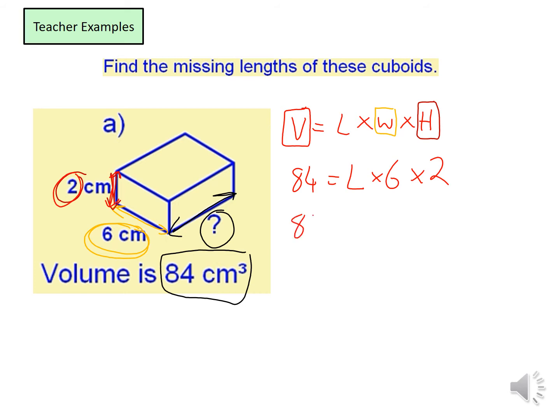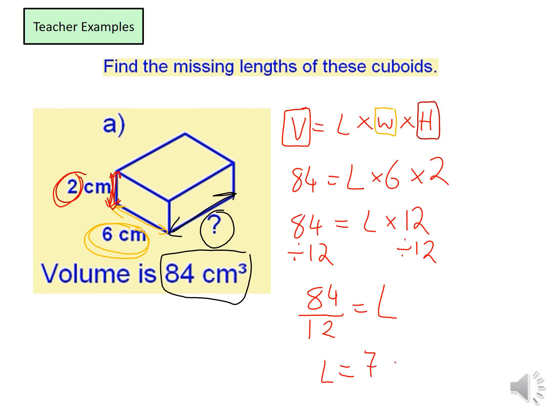So if we multiply this out, it's 84 is equal to length times 12. So let's translate this. It says length times 12 gives us 84. So something times 12 gives us 84. So all I'm simply going to do is divide both sides by 12. So 84 divided by 12 equals length. So our length is 84 divided by 12. So our length is